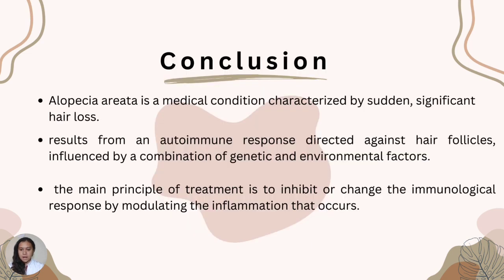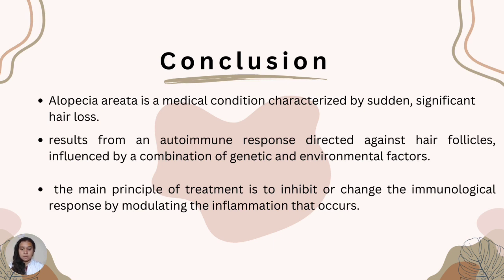So, alopecia areata is a medical condition characterized by sudden, significant hair loss. This condition occurs because the body's immune system mistakenly attacks hair follicles, which causes hair loss. The precise pathophysiology of alopecia areata, or AA, remains a subject of ongoing investigation. Current evidence suggests that this condition results from an autoimmune response directed against hair follicles, influenced by a combination of